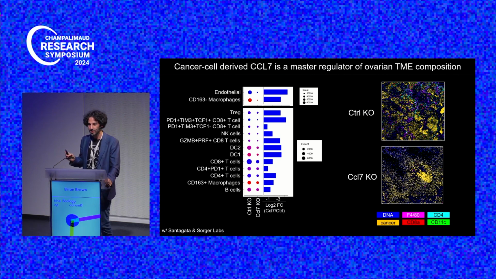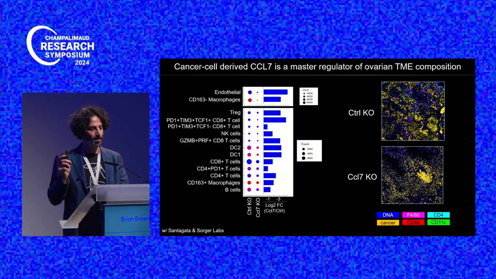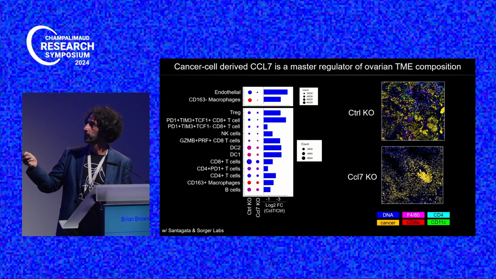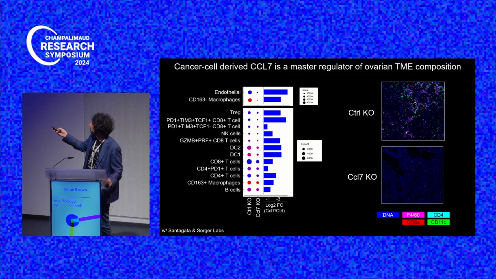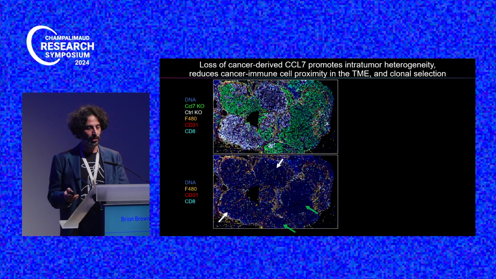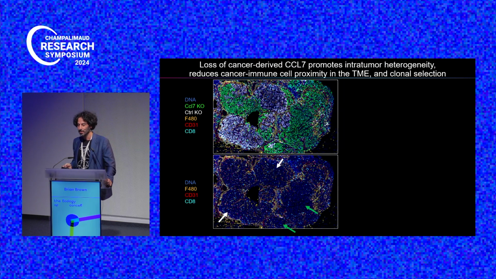And what we see in the CCL7 knockout tumors is a depletion of almost every immune cell type, including even endothelial cells. And this is what the tumors look like. I don't know how well it shows up, but you can see you have dendritic cells and macrophages and T cells, and it's really quite cold here. And now when you look side by side, this is where, again, going back to that SOX1 TGF-beta receptor,